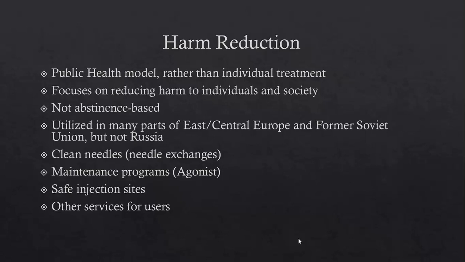I've already mentioned agonist substitution or agonist maintenance programs. They're often a part of harm reduction. Safe injection sites would be another place. Instead of having people go into back alleys and abandoned houses where they're filthy and dirty and they get infections, let's give them safe, medically monitored injection sites where they can have alcohol wipes to clean the injection area, where they can have clean needles, and this is going to lead to safer drug use. And there are often a number of other services for users at these centers, or sometimes even outreach services where they're going out and trying to get people better health care, food, other necessities, things like that.